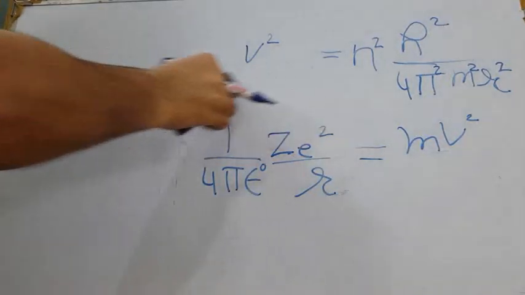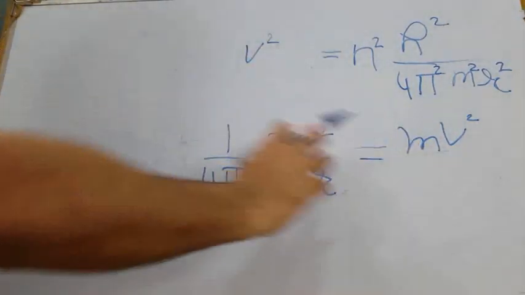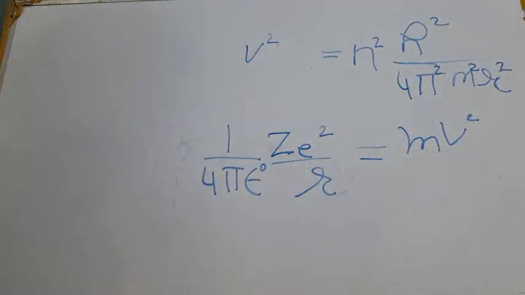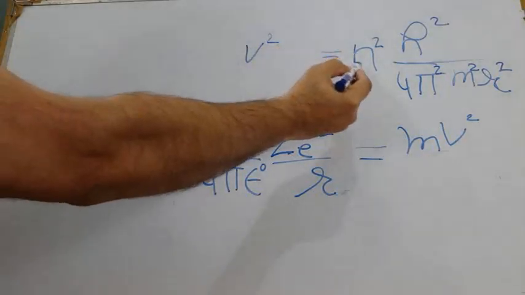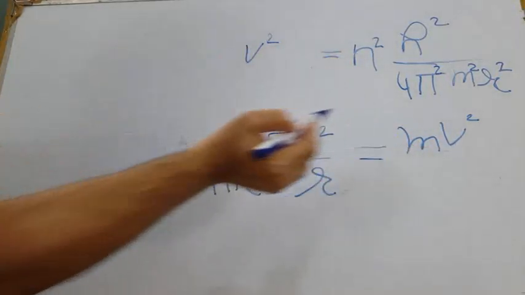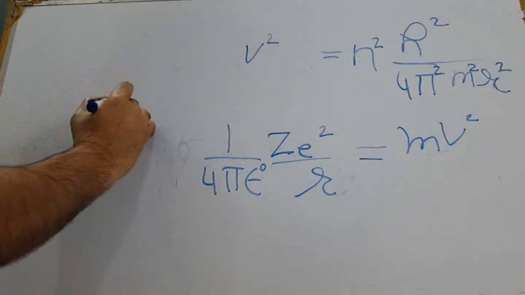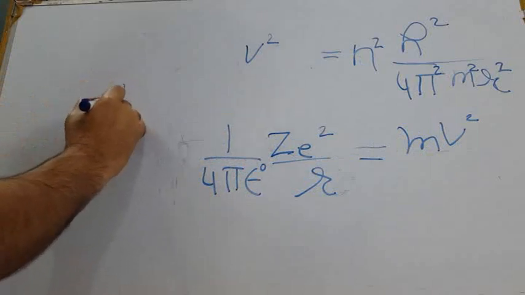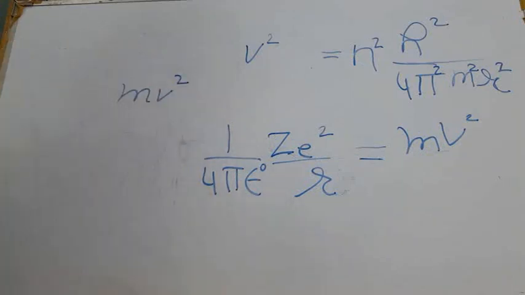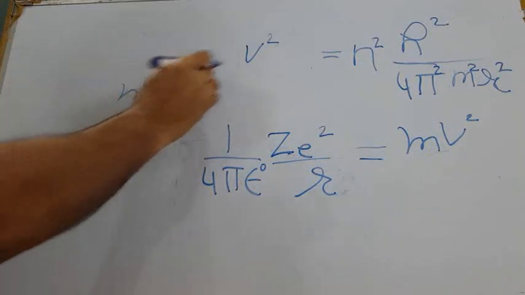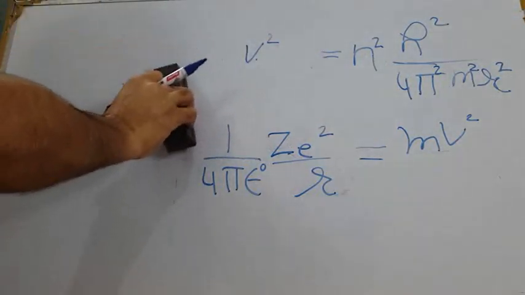Then this equation comes out to be mv square. Here I am putting the value of mv square, and this value is to be put. Therefore, that comes out to be